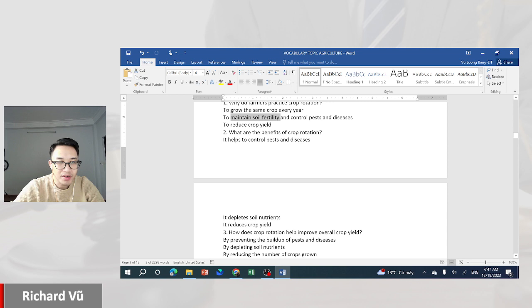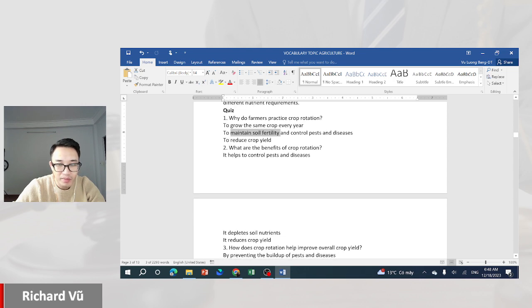So the question here: what are the benefits of crop rotation? It helps to control pests and diseases, or it depletes soil nutrients, or it reduces crop yield. What are the benefits of crop rotation? Crop rotation, it helps